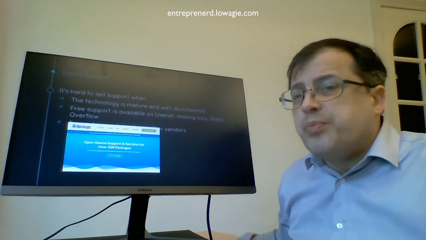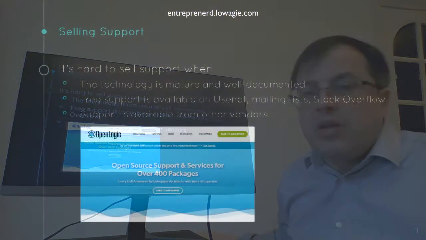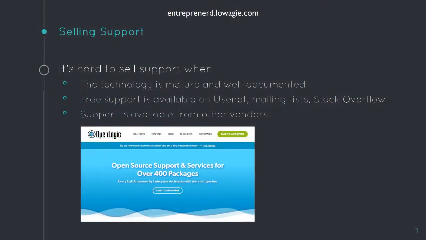Charging money for support is a valid model, but it's hard to sell support. The better the quality of your product, the harder it is to find and retain customers, especially if you or other users of your product already provide great support for free. In chronological order, I answered many questions on Usenet, on the iText mailing list on SourceForge, on Stack Overflow, and